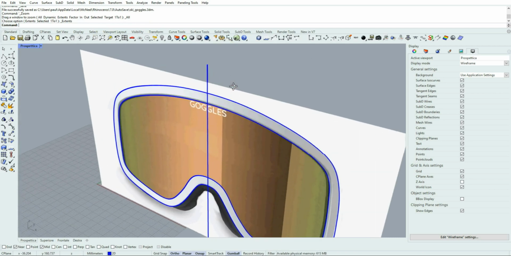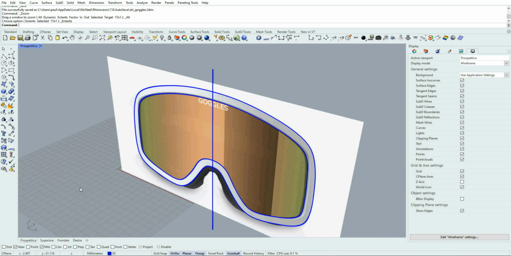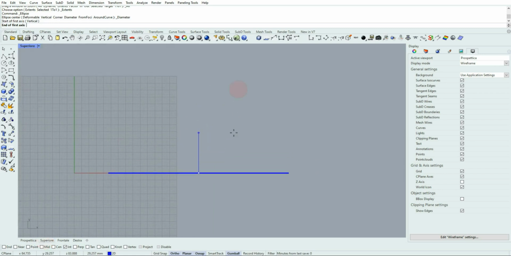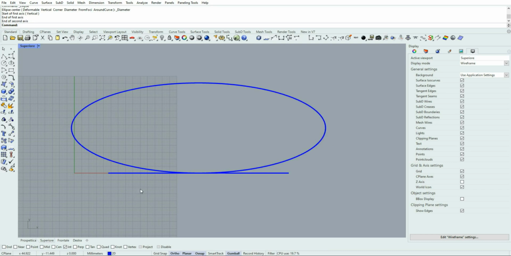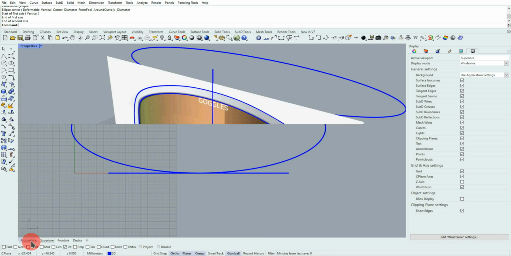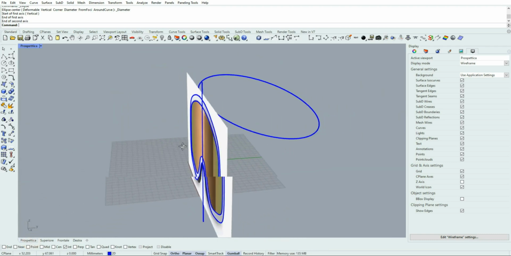Let's go to the perspective view, and I disable OSNAPs and I enable intersection. I pick ellipse diameter. I pick this point. Then, without exiting the command, I go to the top view and I draw my ellipse. Be sure that the ellipse is wider than the frame.